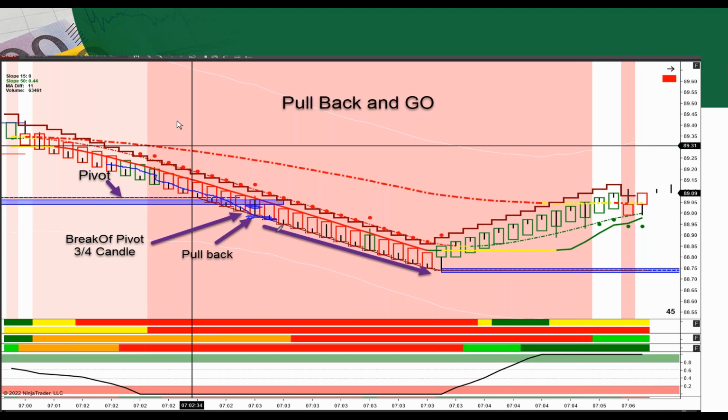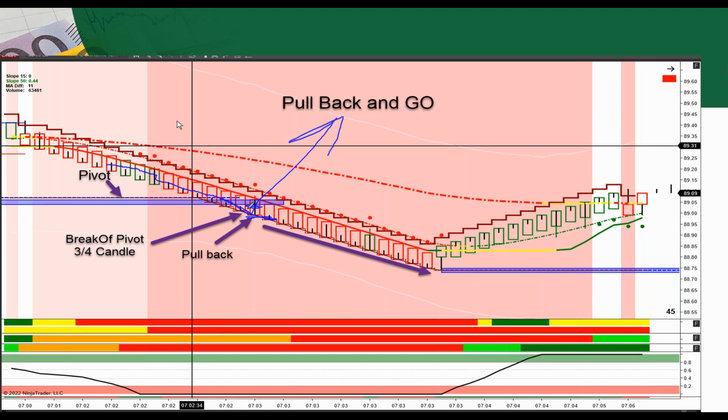So why do we do this? Well, because let's say the market's coming down and then all of a sudden it pulls back and it decides, I'm going to go up this way. Forget it. In other words, it was basically a head fake or stop run or whatever you want to call it, right? It did not follow through. In this example, the market followed through.